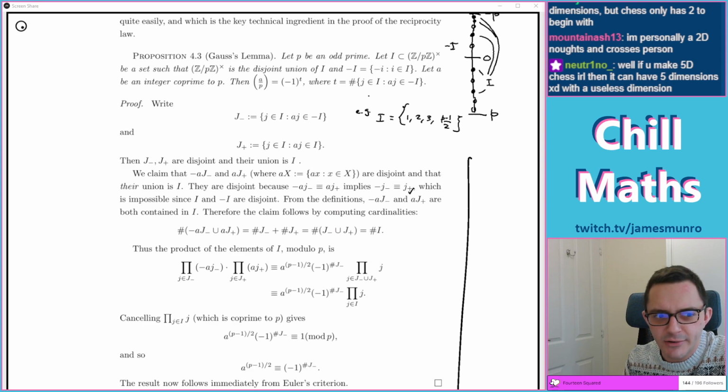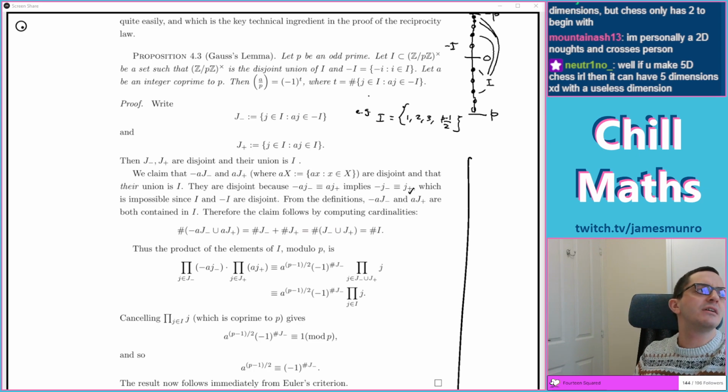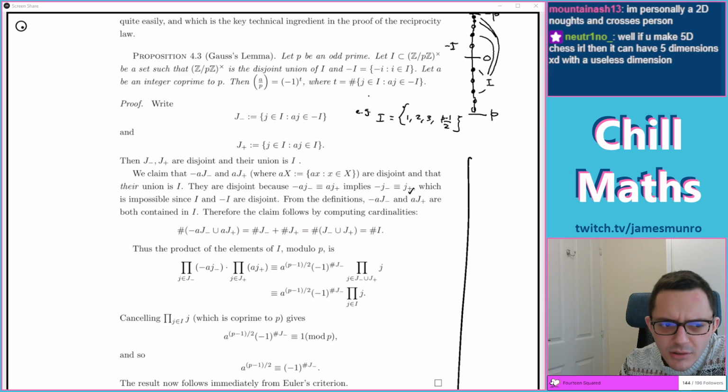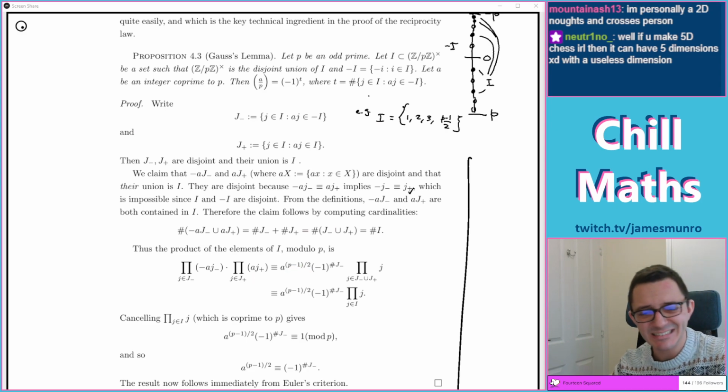This reminds me a little bit of the proof of Fermat's Little Theorem, which involves multiplying together a whole bunch of elements. I don't think I've done it on the show, but whatever. So you multiply everything like this and everything like that, and that is magically the right power out the front.